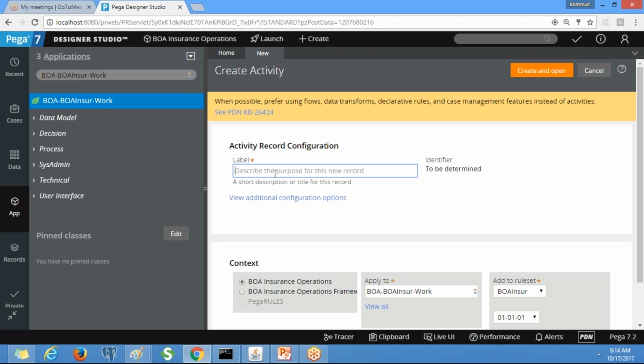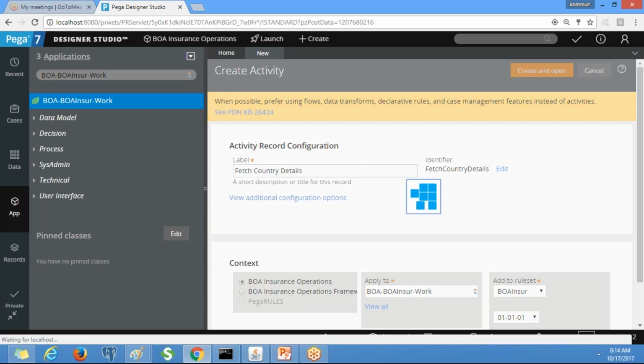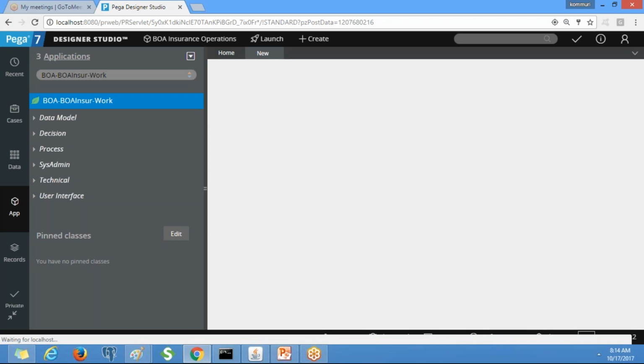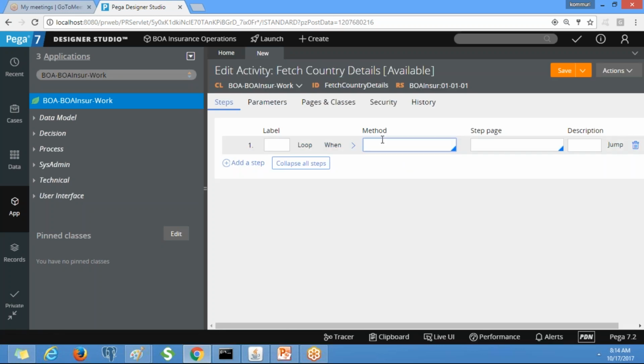Fetch country details. Create and open. The label name is fetch country details, or you can put browse country details. It is not a standard one, so you can give the label as you wish.